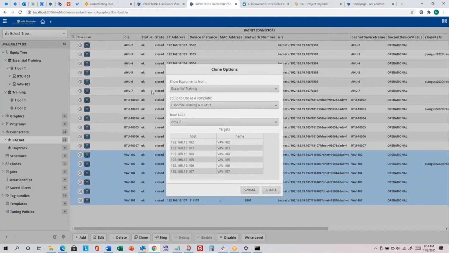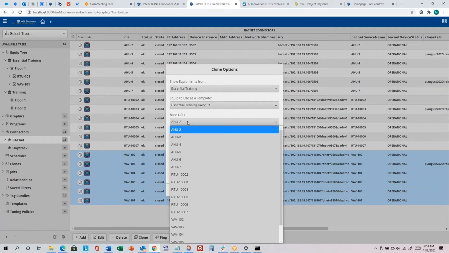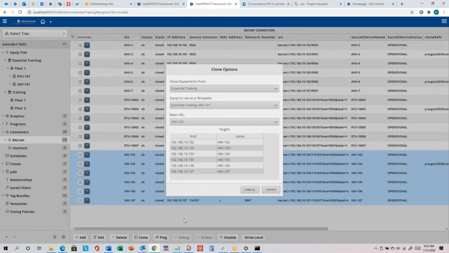And then it says at the top, who are you cloning from? So I want to show equips from the Essential Training site. And then the equip uses a template. Since these are VAV controllers, I want to select the Essential Training VAV 101 equip and use that as my template. The base URL I can just select as VAV 102. And then in the targets, it shows me the equips that are going to basically inherit the points and tags from the template. And so if I click create,